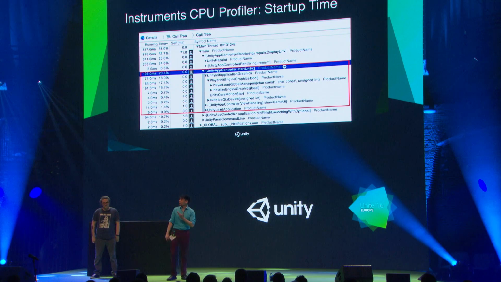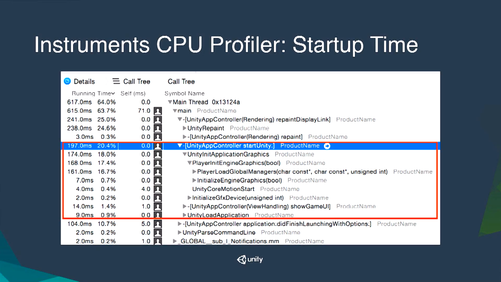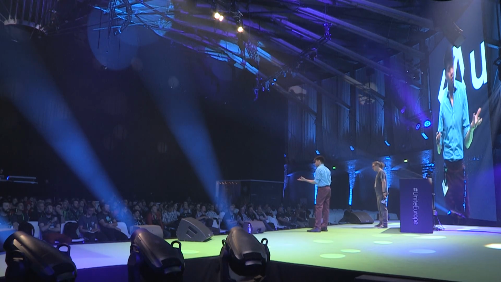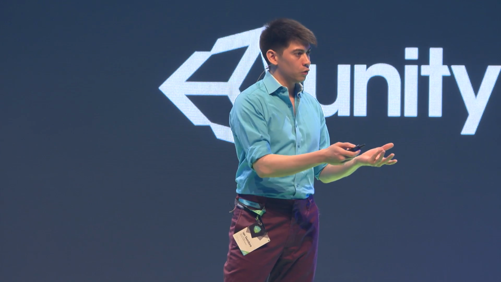And while most of this is actually Unity's internal system starting up, there are two ways that your project can affect the performance of this part of the code. First, you'll see in the middle of this slide, if you're sitting up close or if you're zooming in on YouTube, player load global managers. What this is doing is initializing many of Unity's internal singletons and registries. One of the ones inside of here where your code can affect it is the resource manager. This object governs the resources system. If you've got any files in your resources folder, the cost of loading the index of those files will show